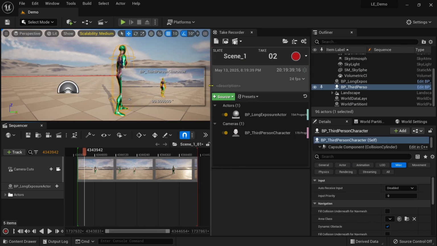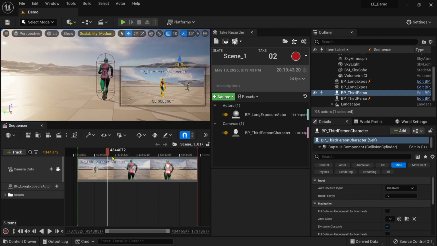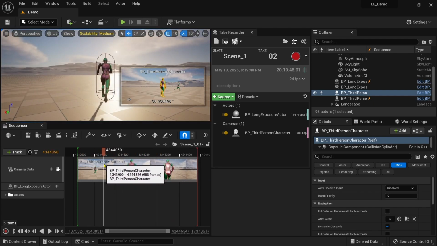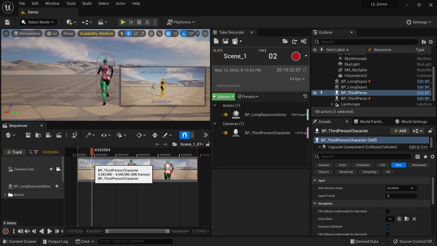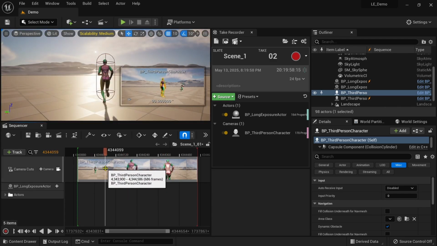This is obviously just to record your sequence, which I have already done. This is my sequence. As you can see here, I'm not actually recording the component itself or the long exposure actor itself. I'm just recording the actors or the subjects of the film, which is going to be the mannequin for me. Once the recording has been done, you can come to your sequence like I've done here, Scene 1,